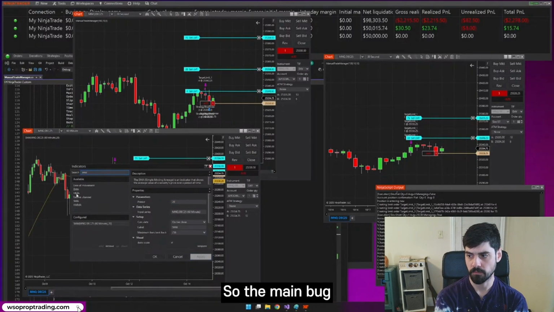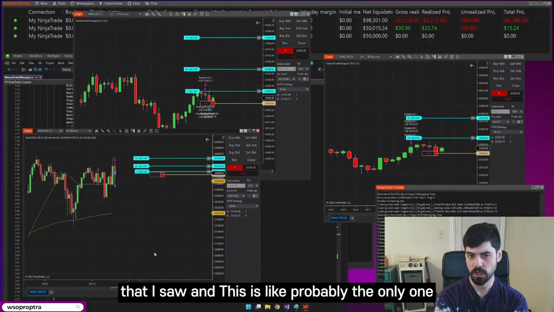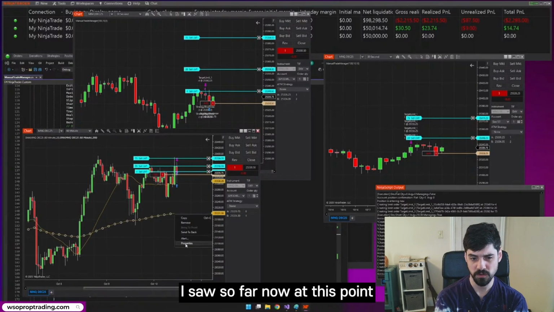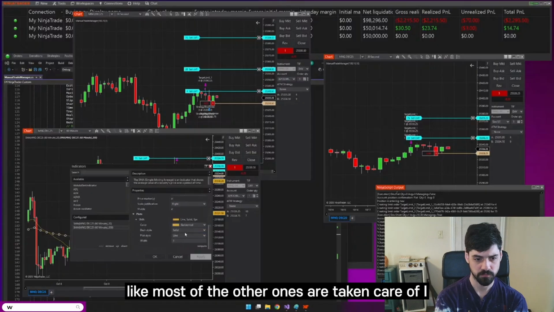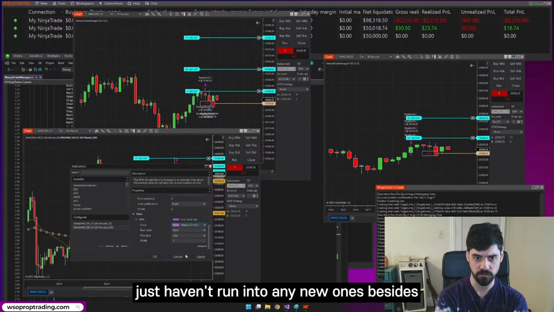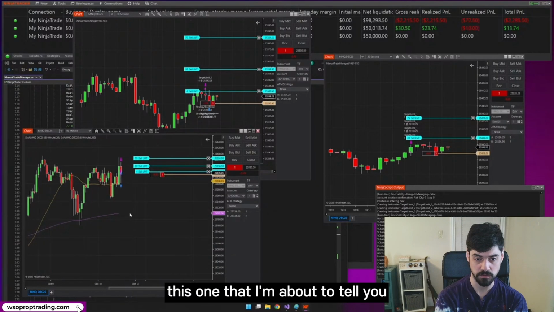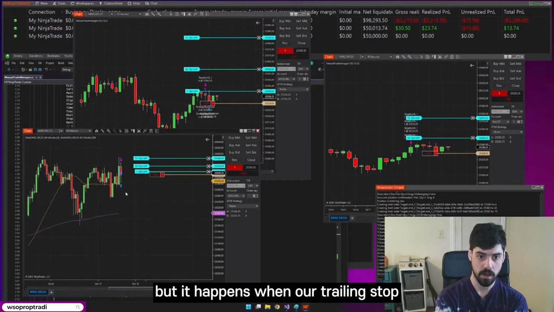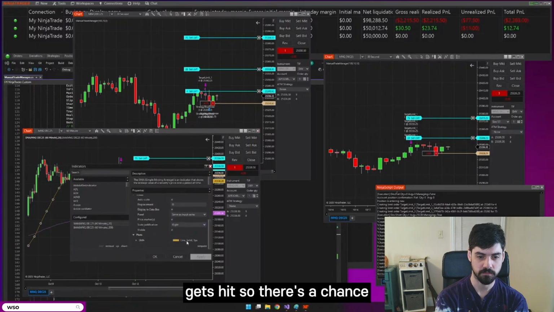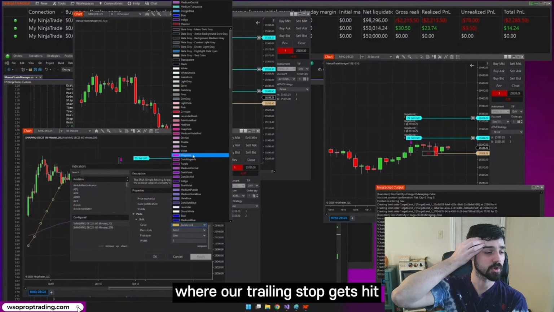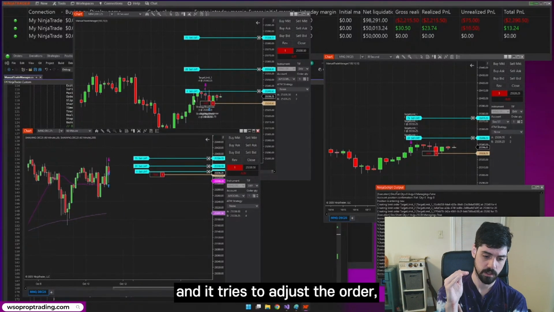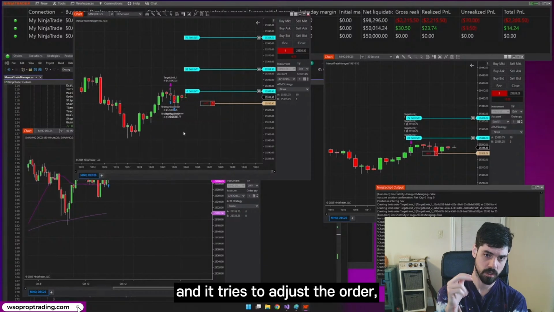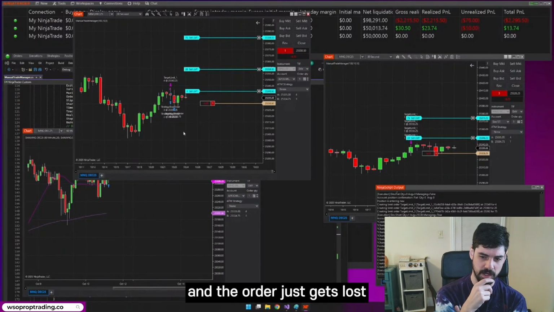So the main bug that I saw, and this is probably the only one I saw so far at this point. Most of the other ones are taken care of. I just haven't run into any new ones besides this one that I'm about to tell you. But it happens when our trailing stop gets hit. So there's a chance where our trailing stop gets hit and it tries to adjust the order and the order